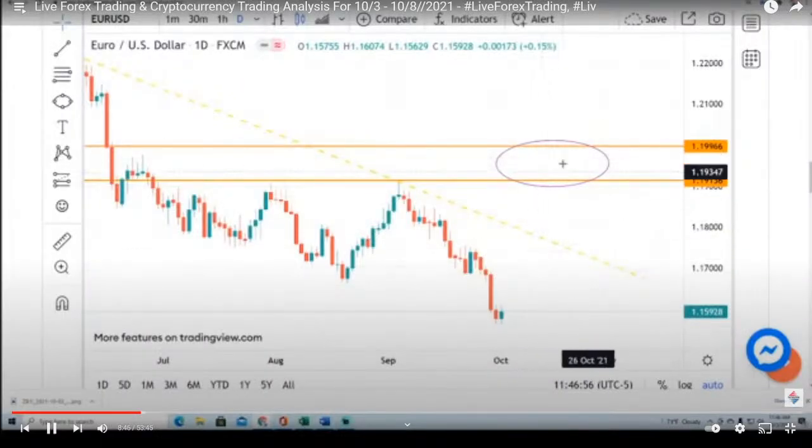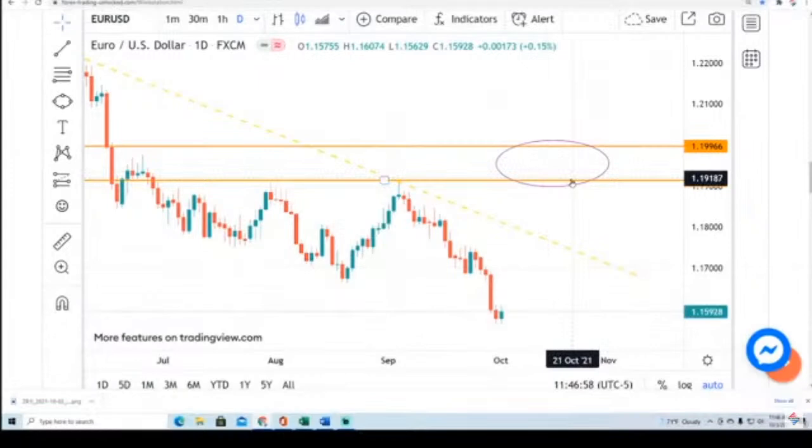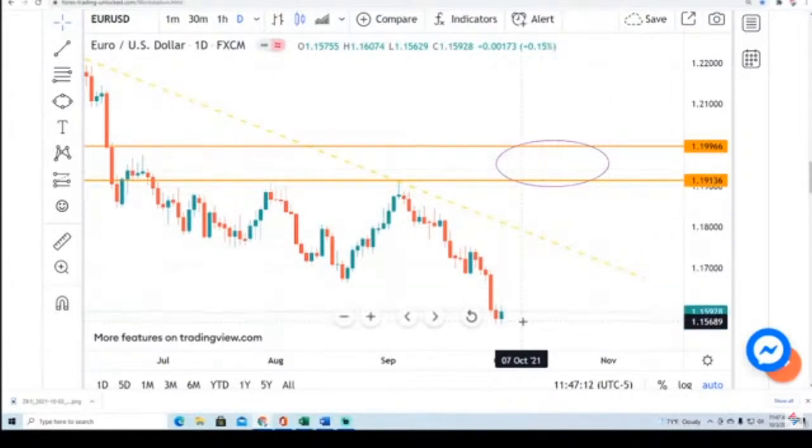$1.20 even. This would be the extreme for any rally for the euro US dollar. Unless oil prices really come down and there's a surging economy moving forward for the EU as a whole, I believe that this is definitely the buffering zone of any extended forecast to the upside. So if you want to take a low risk buy here, potentially buying it against the lows set over the past couple sessions, or maybe as we open up into today, I guess you could, it's a lottery ticket, but